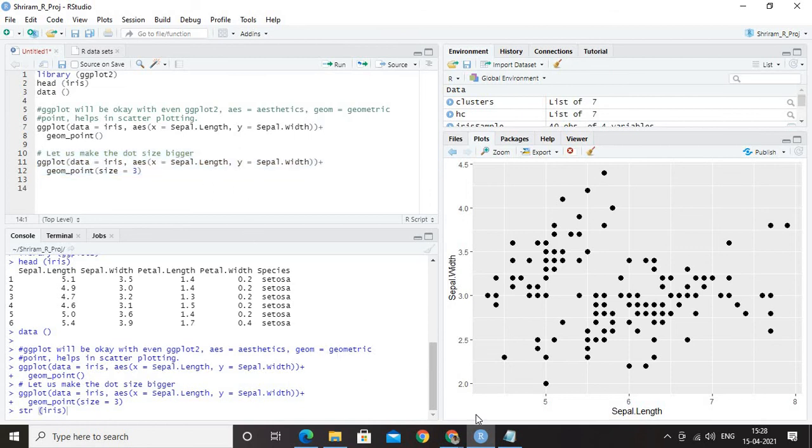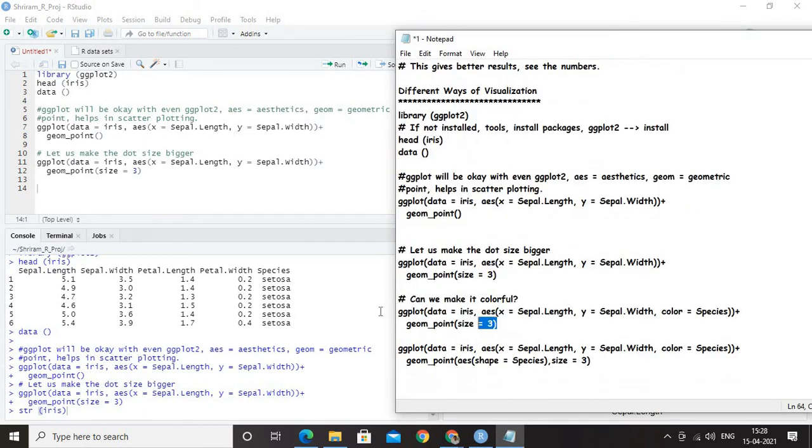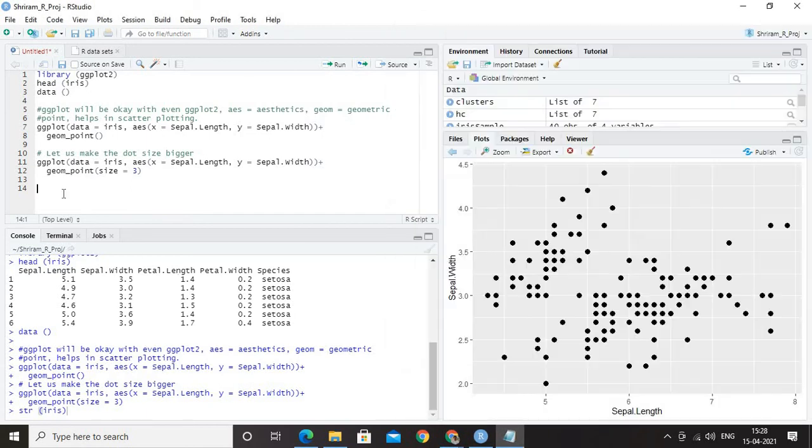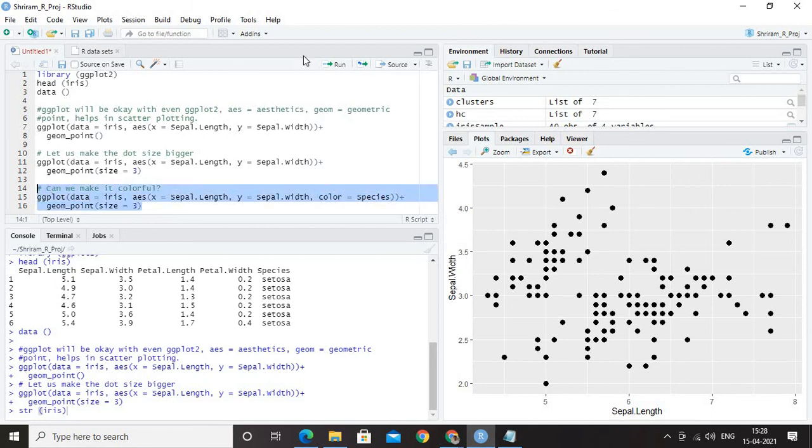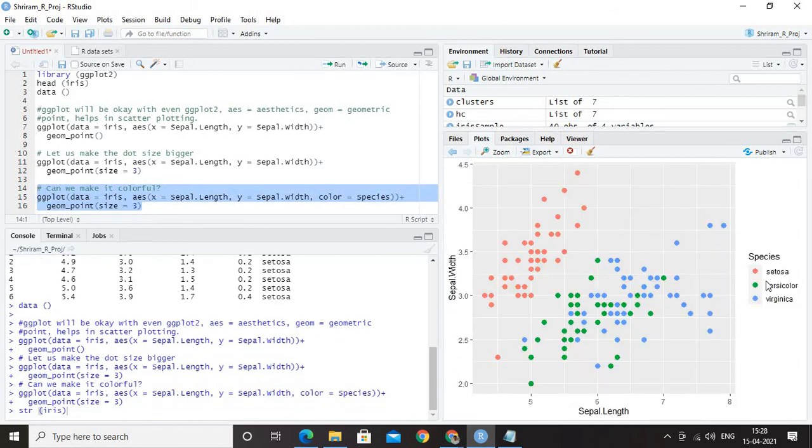Now, can we go ahead with a little more presentation, a little more visualization there? Yes, we can make it a little colorful, and that's what I'm going to do right now. Data is iris, aesthetics is x is sepal length, y is sepal width, color equal to species. So I am specifying that I need color for species, and the size remains 3. Can we see how exactly it runs? It works. You can see that here. Setosa, versicolor, virginica, and the 3 are given 3 different colors, and you can see that very clearly here. It's simple now. 3 colors are allocated: green for versicolor, blue for virginica. Likewise, it is allocated, and that's all.